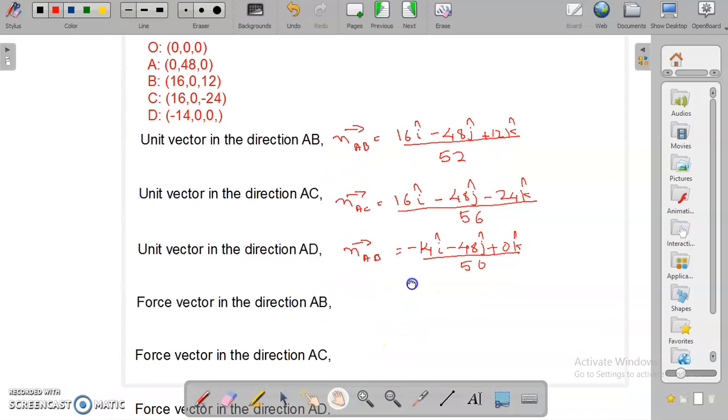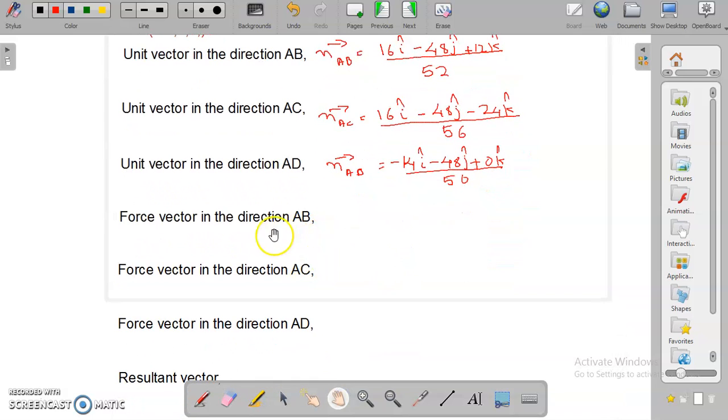Now, using these values, you will find the force vectors. So vector F_AB will be equal to, the magnitude of F_AB is 40, as given in the question, that is 40 Newton. So you just multiply by 40, that is 40 into 16i minus 48j plus 12k by 52,